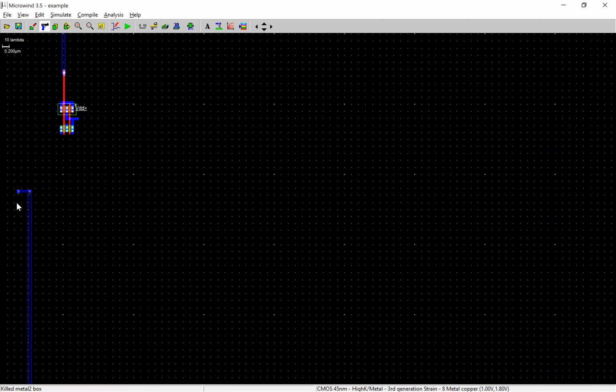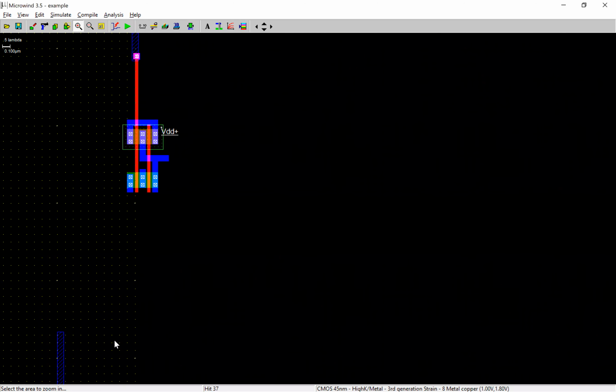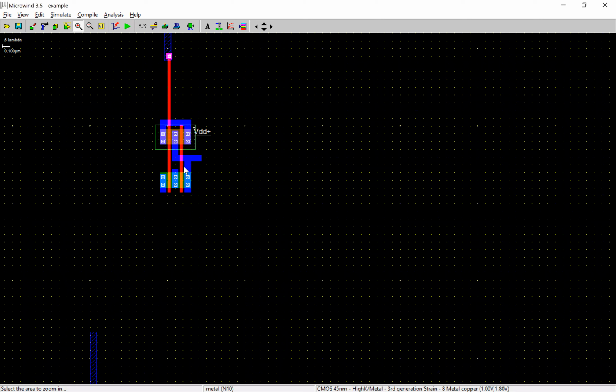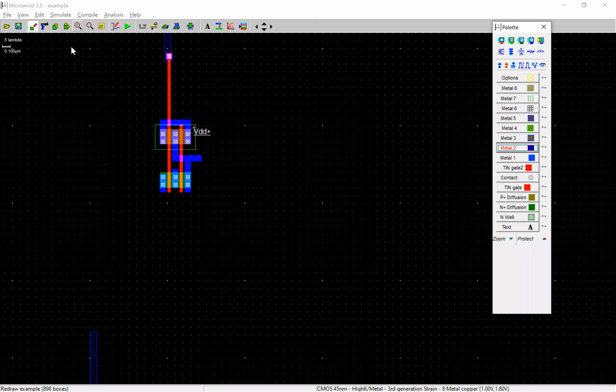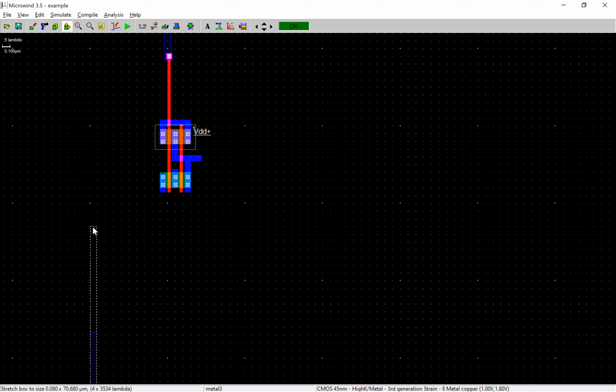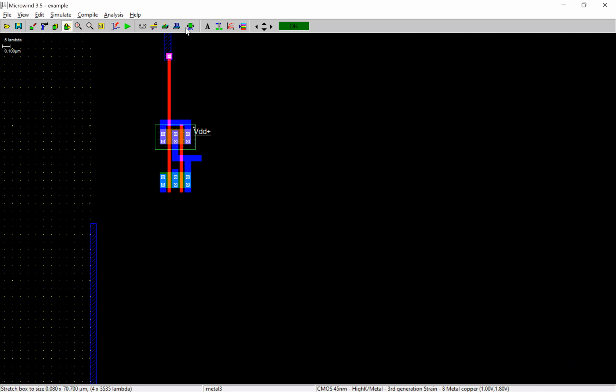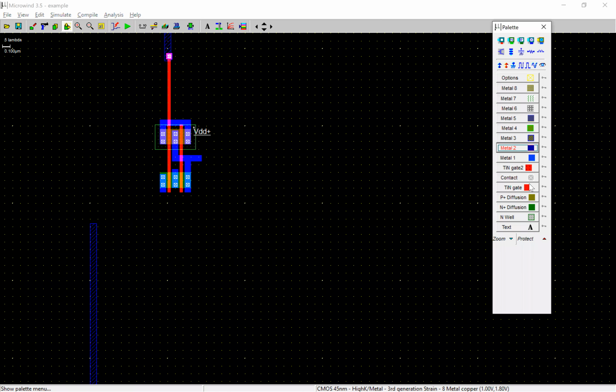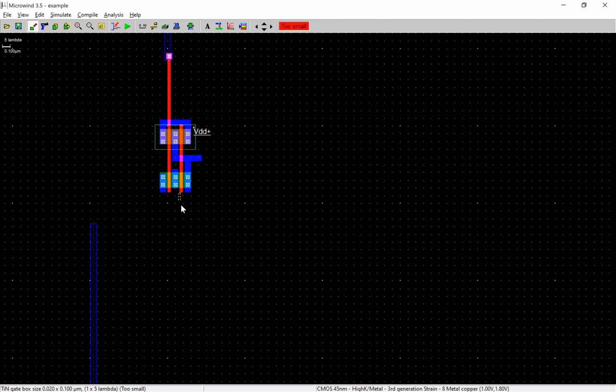I should delete the previous one and delete this one a little bit, and I zoom the area. So here you can see that this is the path which was brought from the bottom side. I can just ask it to extend this a little bit. Yep. Then I just go to palette, select the tin gate, and maybe a little bit of extension,